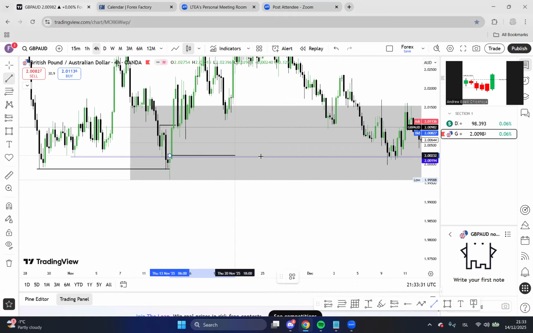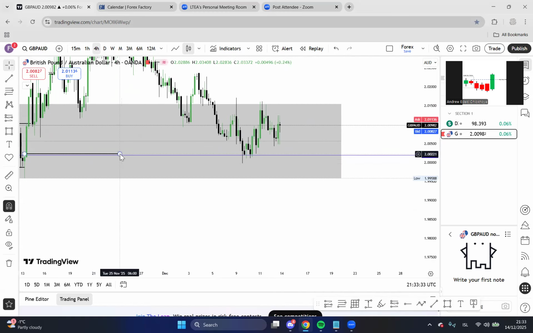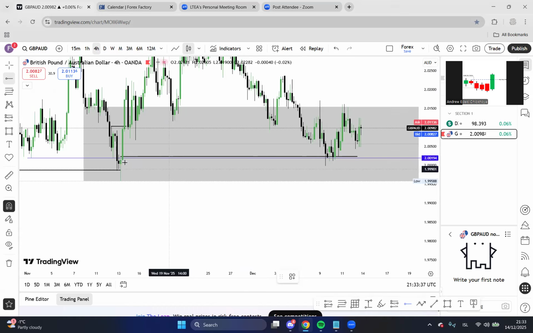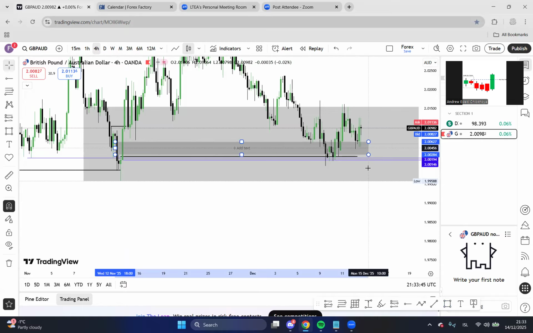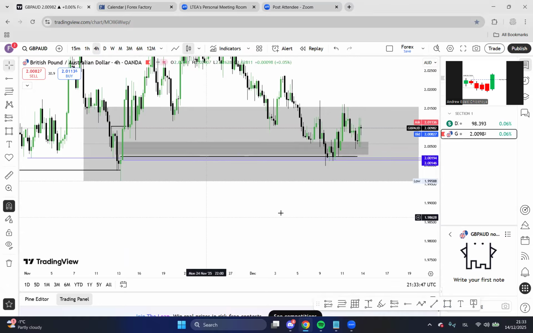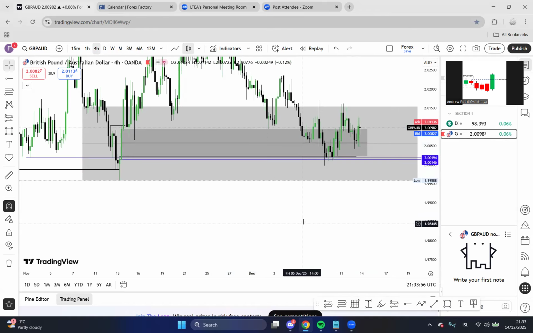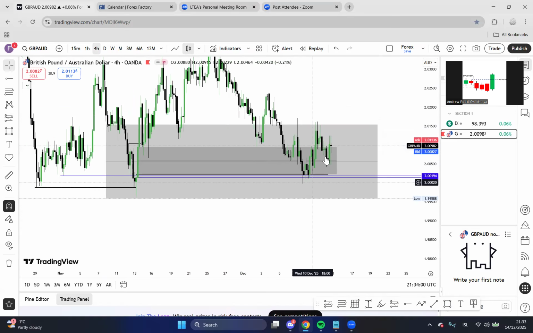You can mark out just this candle, for example, right here. Just this candle, you can mark out the open and close of this level. Your choice, you can mark out this fair value gap like this. Those are areas you can use for yourself. Okay, I'm going to look for my point of interest around this level, something like this, and look for a buying opportunity from here. These are things that